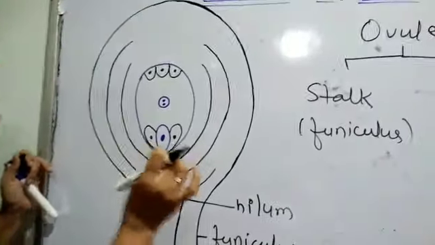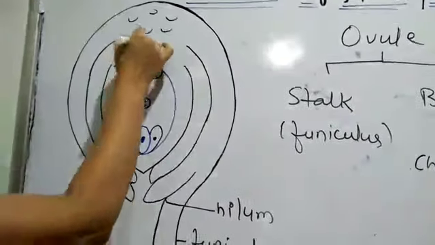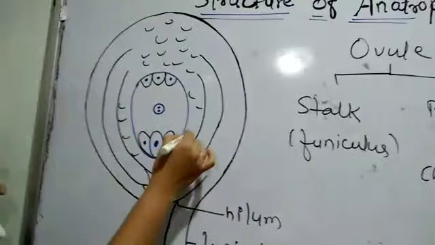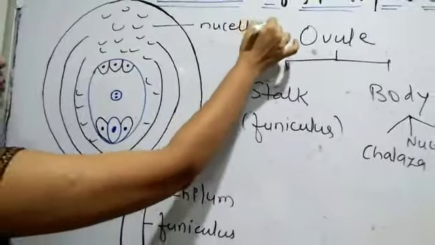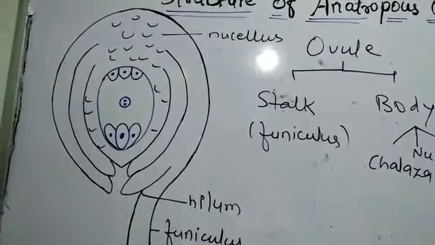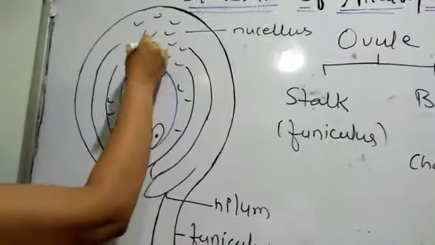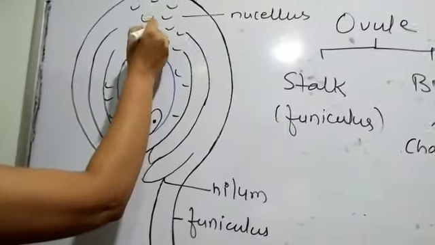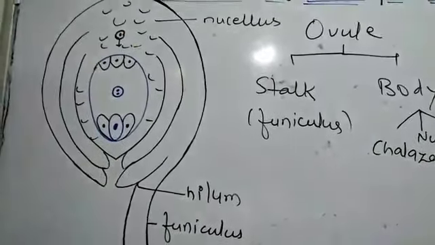There are many diploid cells present in the nucellus. Among these diploid cells, one of the cells will undergo meiosis and develop into